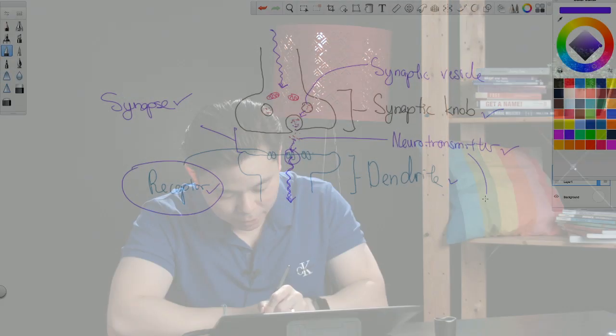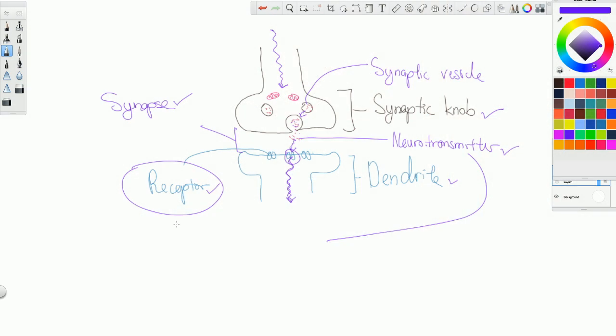In case this type of question comes out in your exam and they ask you to give an example of a neurotransmitter, try to memorize at least one example. There are three altogether in your syllabus: dopamine, noradrenaline, and acetylcholine. I will write them here. For the chemical, we have three examples. We have dopamine,